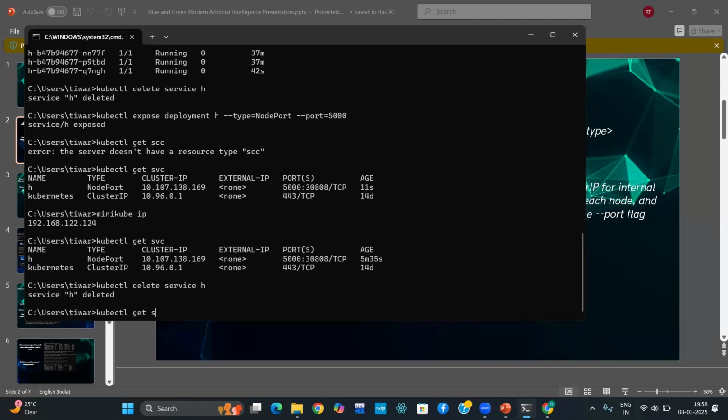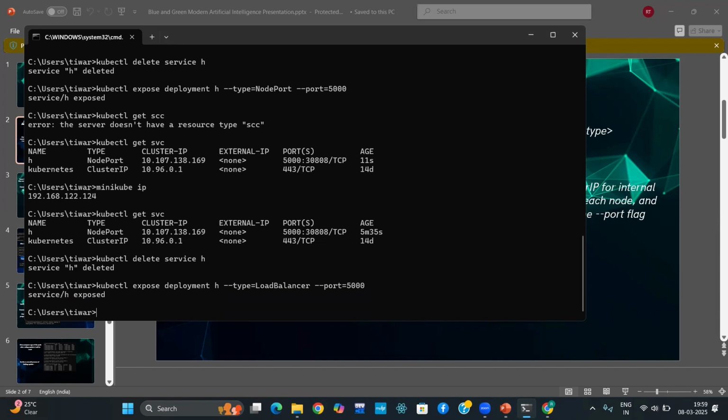And now we expose this deployment with type, that is the load balancer one. And what is the port? That is 5000. So the service is exposed, and now if you want to see, then just write